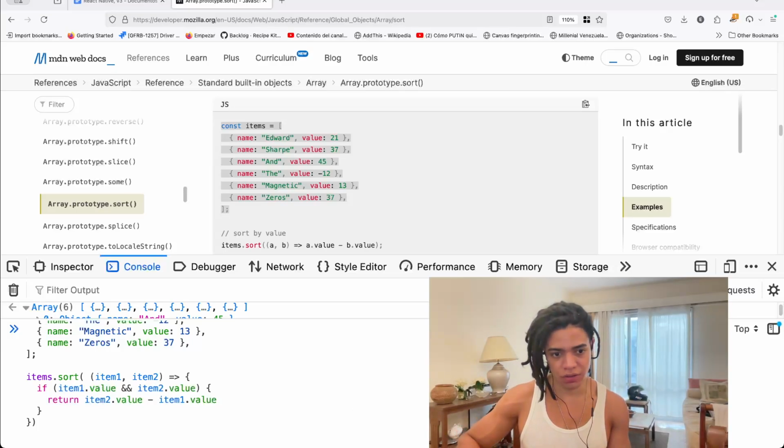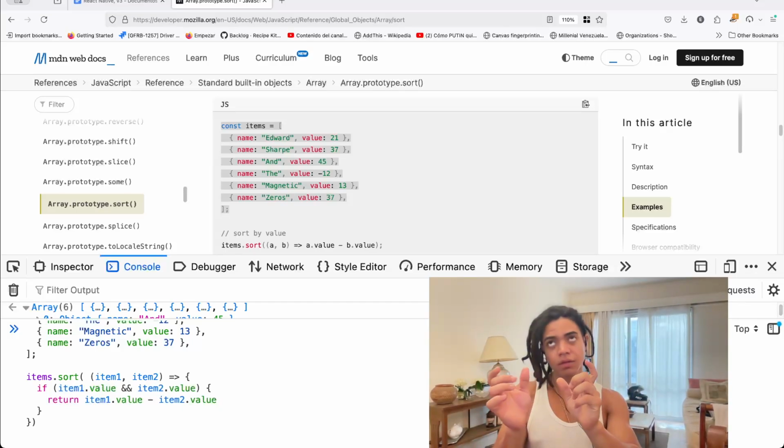In other words, if item 1's value minus item 2's value is different, or the difference is a negative value,